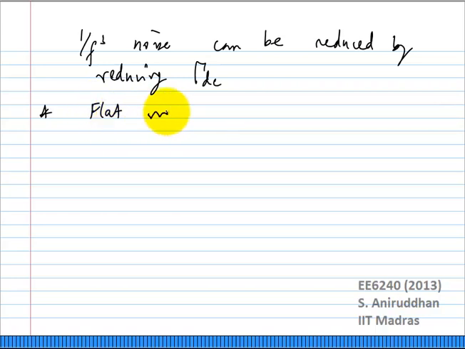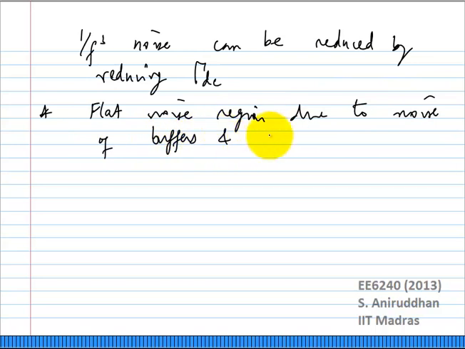So I'll say flat noise region is due to noise of buffers and measurement. I'll say measurement noise floor. Okay? Okay, so now